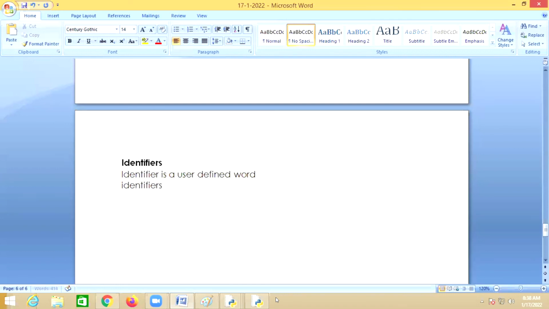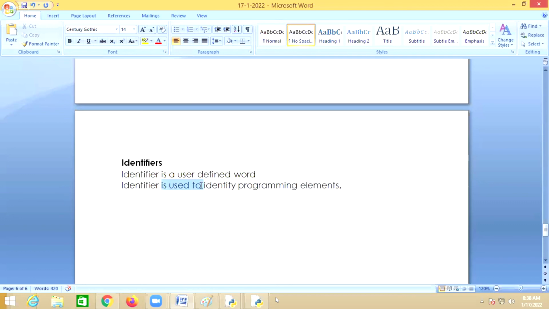An identifier is a user defined word. Identifier is used to identify programming elements. You're using an identifier to identify the programming elements.